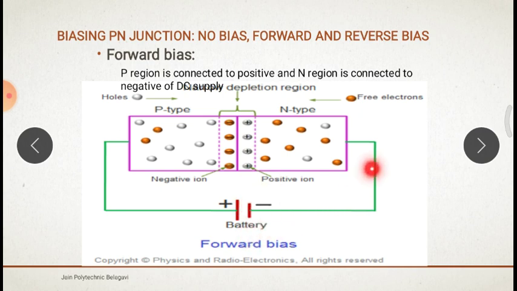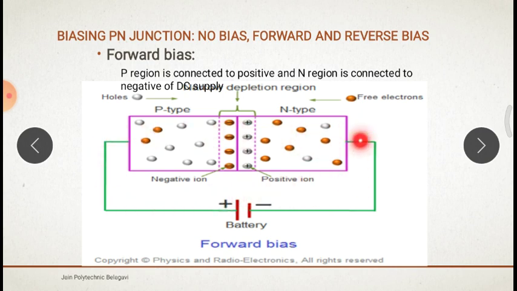Here N type is connected to negative of the battery, here electrons are there, it is repelling. Negative charge will start repelling and it pushes the electrons towards the barrier. This is a depletion region. So more electrons will start to flow from here N to P type like this. And same way holes also move like this. It is also positive repulsion, holes will be moved towards the junction. So recombination, and again the electrons will be continuing the path.